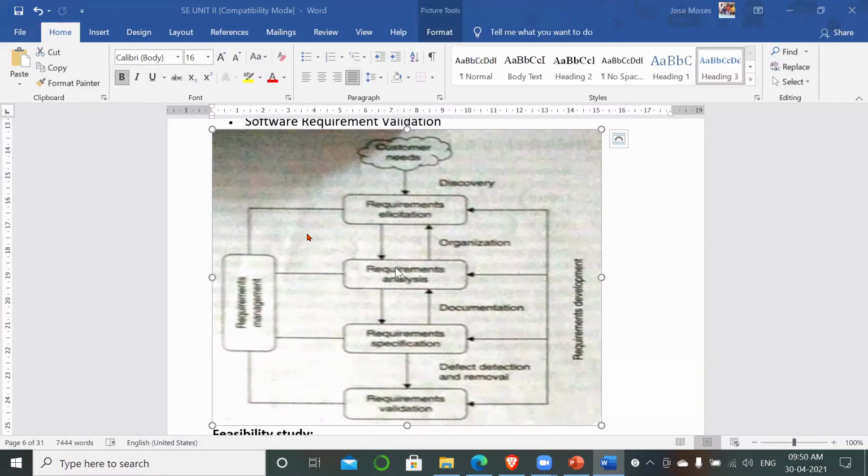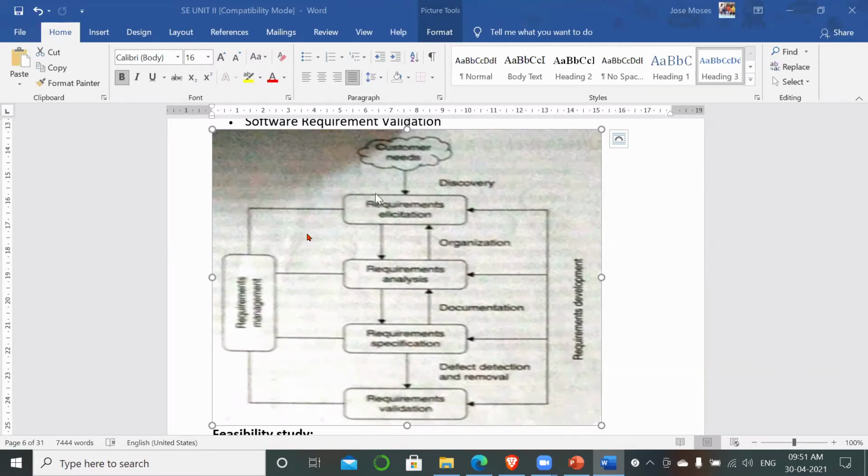As I said, these are all subtopics. If you are writing the definition of what is meant by requirements engineering process along with this diagram, you can easily explain the subtopics. You need to remember only 2 diagrams in unit 2: the requirements diagram I mentioned, and this requirements engineering process diagram. Process is nothing but the steps involved in doing that particular aspect. Here you can see requirements elicitation, which is a subtopic, requirements analysis, requirements specification, requirements validation.